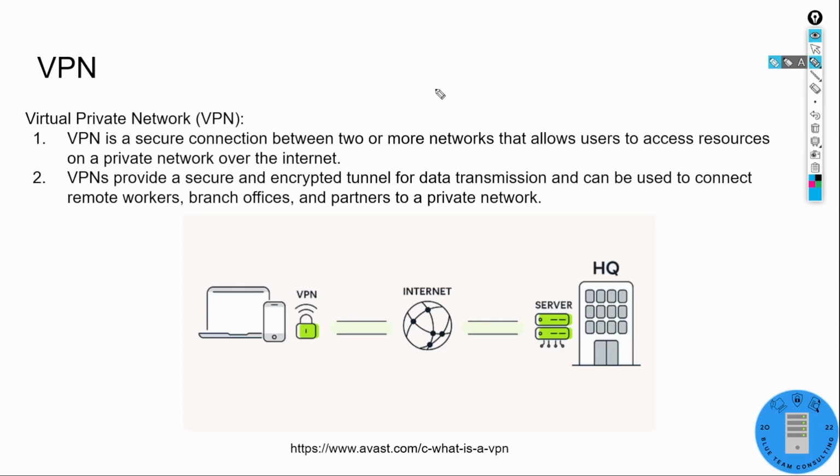Another concept is a virtual private network. This is going to offer you a secure communication between two or more networks that allows the users to access resources on a private network over the internet. So the buzzword here is secure connection, and it's going to be basically a tunnel, a secure and encrypted tunnel that you will transmit your data to over a specific secure tunnel designated to you by your VPN client that allows you to access, let's say you're working from home and you want to access your company's